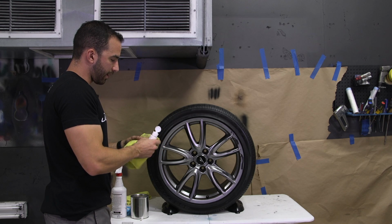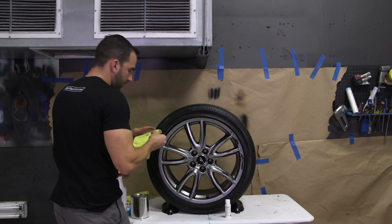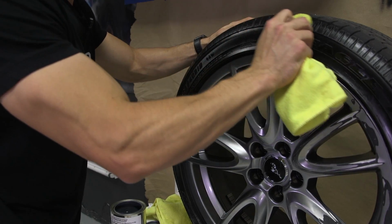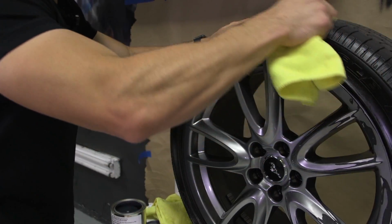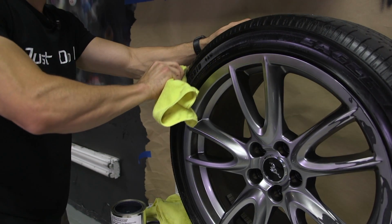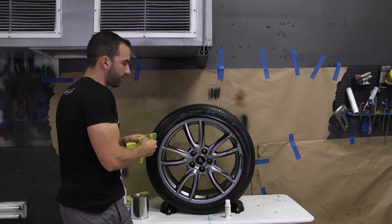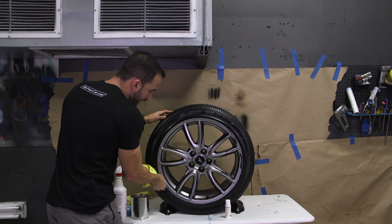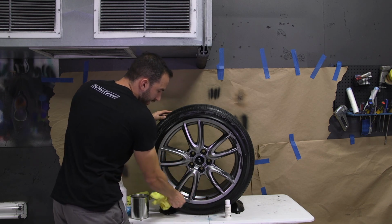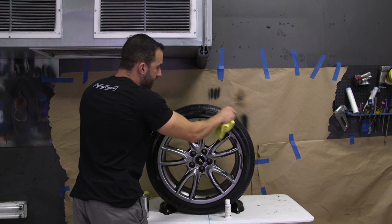So you're going to take a microfiber towel, apply some dip release, and work that around the outside of the tire. Now, while you're doing this, you want to make sure that you don't get the dip release on the edge of the wheel. We're going to go around and clean it a little bit later, but just keep that in mind, try not to have the towel touch the edge of the wheel. Any dip release on there is going to make the product lift completely off the wheel,